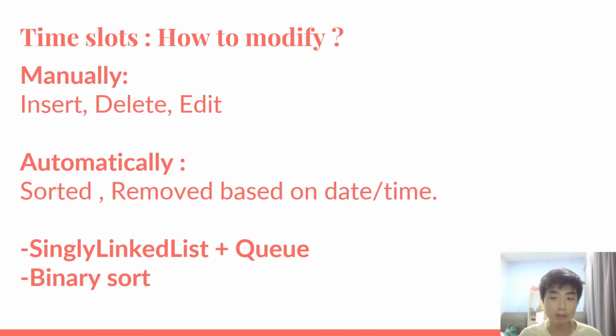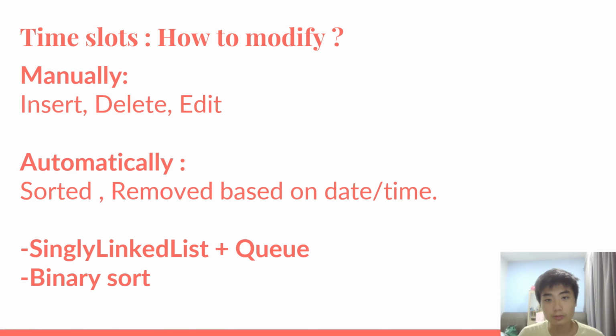So how can the time slot be modified by the lecturer? It can be categorized into two parts, which are manual and automatic. In the manual part, the lecturer can insert, delete, and edit the time slot themselves based on their free time. They can set up their appointments on their own. As for the automatic part,